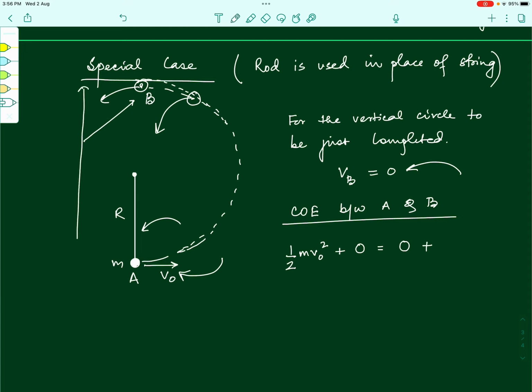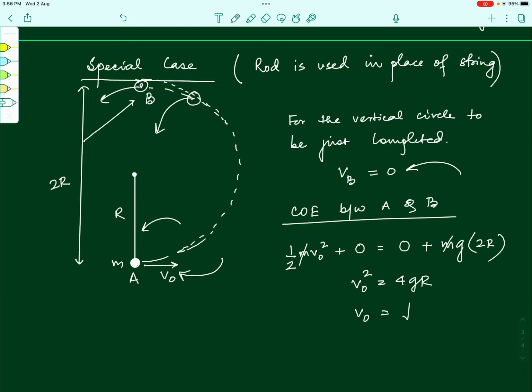Once again, do we see that the point B is at a height of 2r from the point A. So, mgh, that expression for potential energy gives us mg into 2r as the potential energy at the point B. Solve this, see that m goes away and you get v naught squared is equal to 4gr,